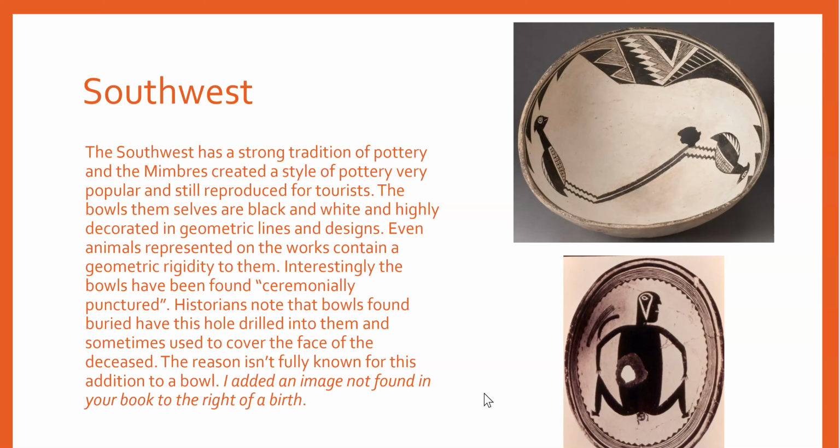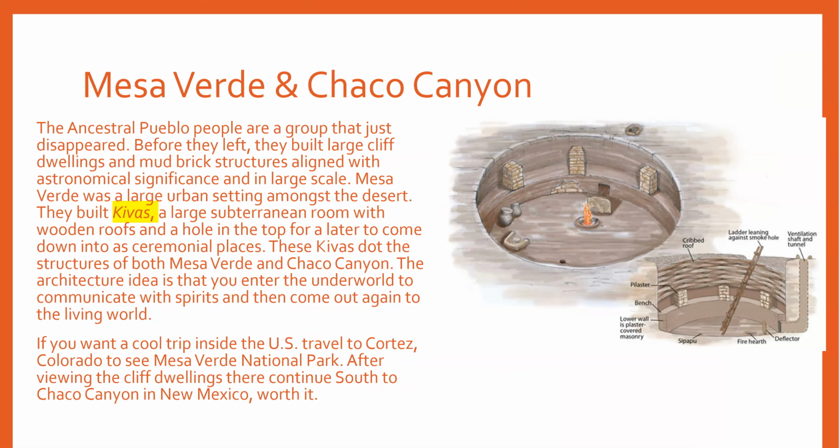So there are some theories about why these are done this way. But the greatest sites that we have are Mesa Verde and Chaco Canyon. If you really want a great trip, whether in the summer or sometime, make your way to the Four Corners area of the United States, and you'll find there's thousands of ancient sites between the Anasazi and Pueblo that are around.